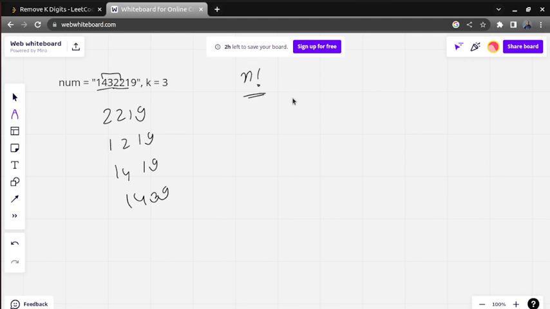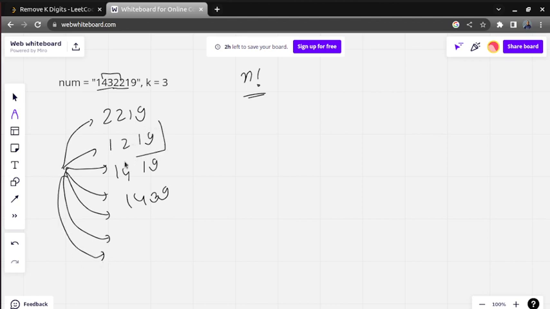N factorial. So in this approach you need to make all the permutations and combinations, and then find the minimum one, which is going to be 1219. This is one approach that may come to your mind, but here the time complexity is going to be n factorial. Now let us see the other approach.